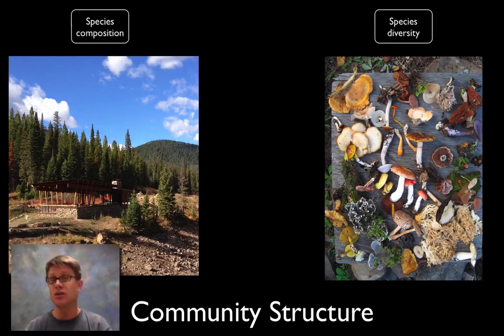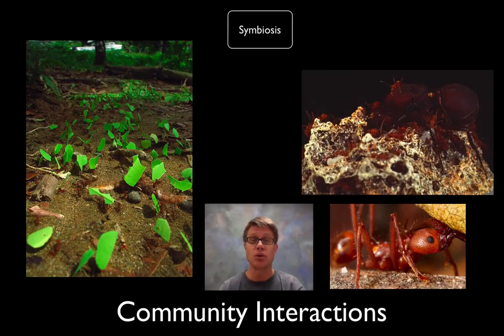But that's community structure. What's there and how much total is there? Now, there's also going to be interactions between the populations there, and we call that symbiosis. Symbiosis, scientists say, is living together. And so they break it into 3 different ways that you can live with other organisms. You can live mutualistically, where you both help. You can live parasitically, where you're damaging one. Or you can live commensalistically, which is somewhere in between, where you're not harming them. I kind of think you're either helping or harming if we look at these relationships.